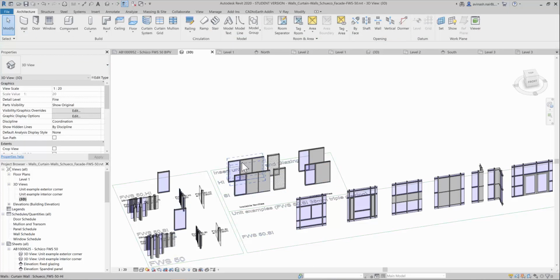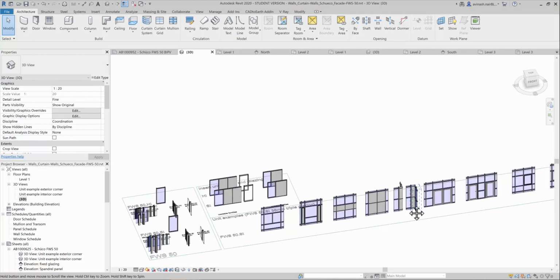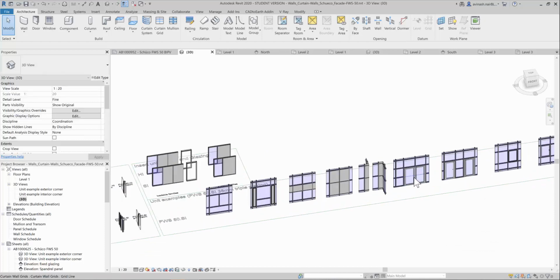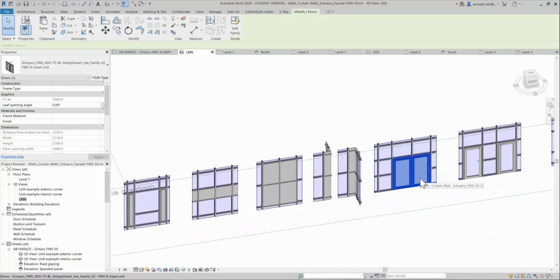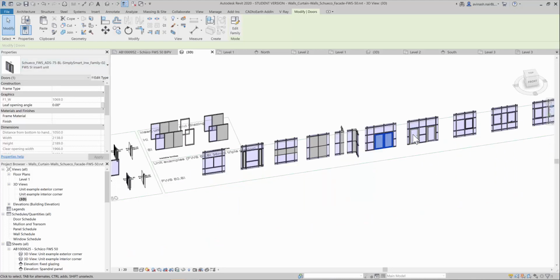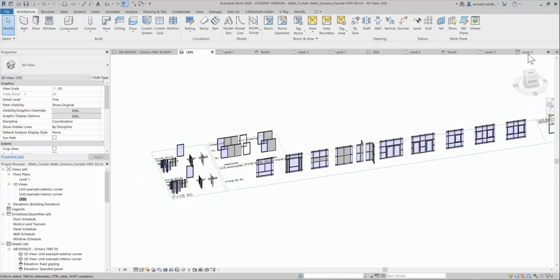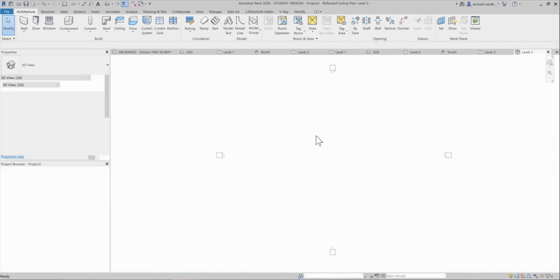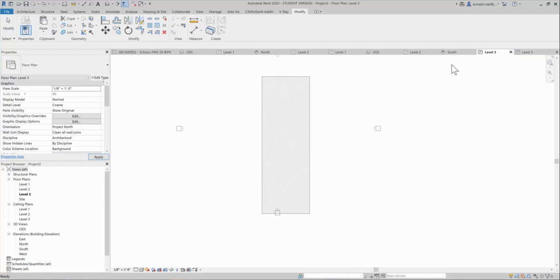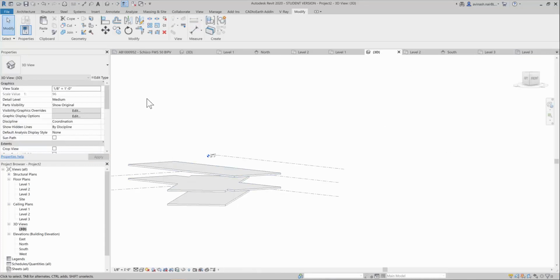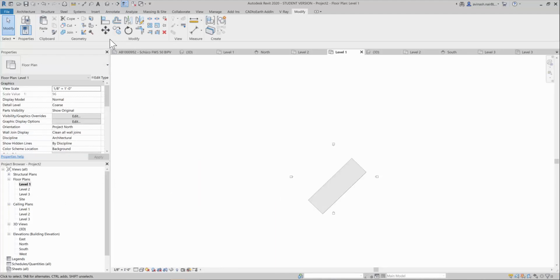this one is different, and you have this particular ADS 75 door family inside this. So you can just copy and paste all these families in your Revit file that you are working on right now. So I'll just go here, go to the 3D, and I'll go to level 1 and start making